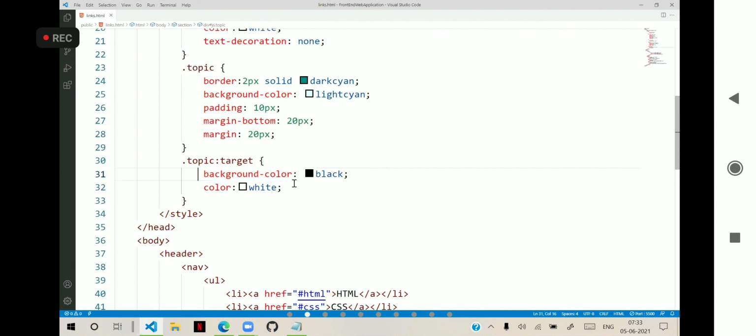If we had a lot of paragraph information, it should scroll to that location, but it is unable to scroll. That's the reason we are using this target option. When the user clicks on any topic, that topic will highlight. Now it is easy for anybody to understand that it is working. Previously it was also working, but we could not notice it. Now we can notice that it is working.